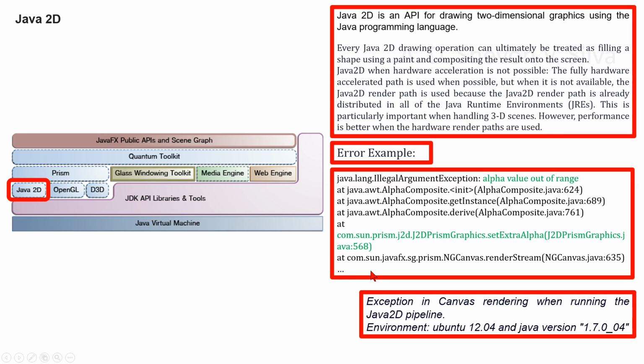Alpha value out of range, etc., and then com.sun.prism.j2d.J2DPrismGraphics.setExtraAlpha, etc. Now we are